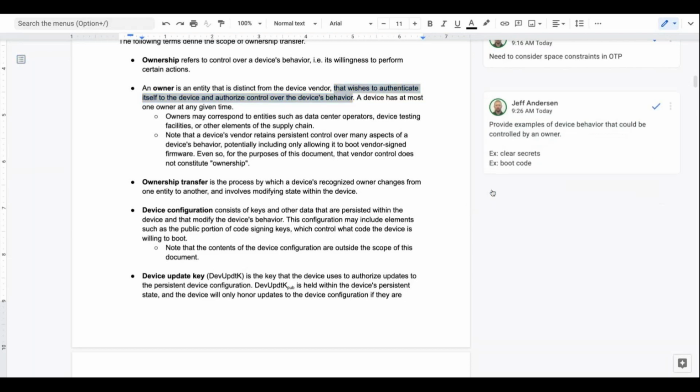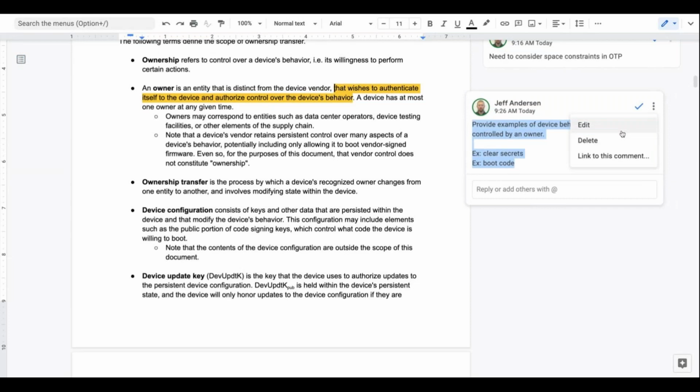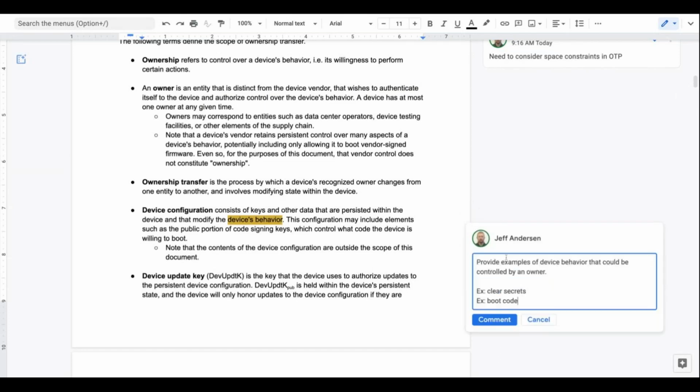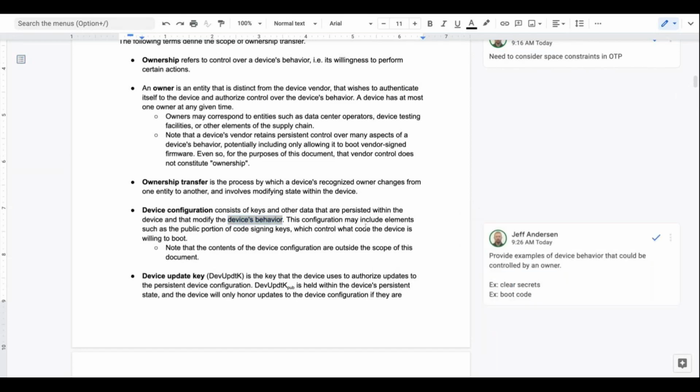Yeah, and I was thinking that one of those things is whether or not secrets should be cleared on a transfer. That the device owner makes that decision and sets something in there that says, when you do an ownership transfer, wipe it or not. Maybe I'm simplifying it too much. Sort of a level of indirectness.